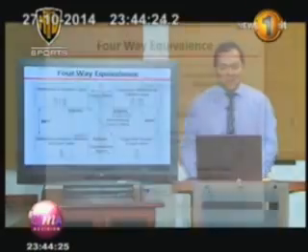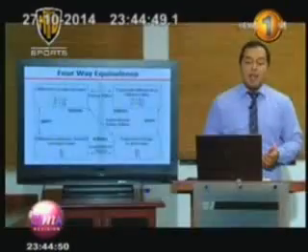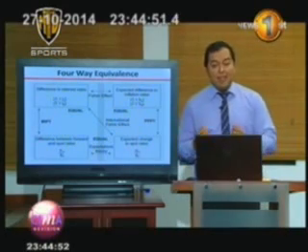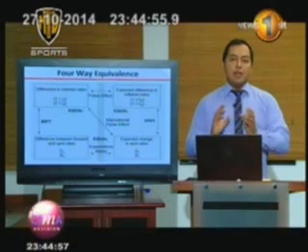There's this four-way equivalence in your syllabus. How does it work? Basically, it identifies relationships between your purchasing power parity and your interest rate parity. If you move horizontally, it shows you your Fisher effect and your expectations theory. If you move diagonally, it shows you the international Fisher effect, and if you go vertically, you have your IRPT and your triple PT. What can you use this for? It's a very handy formula to remember if you want to predict your exchange rates.